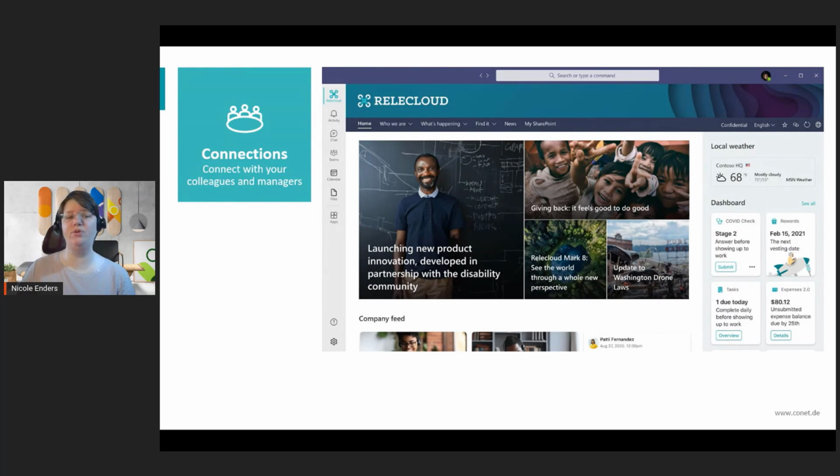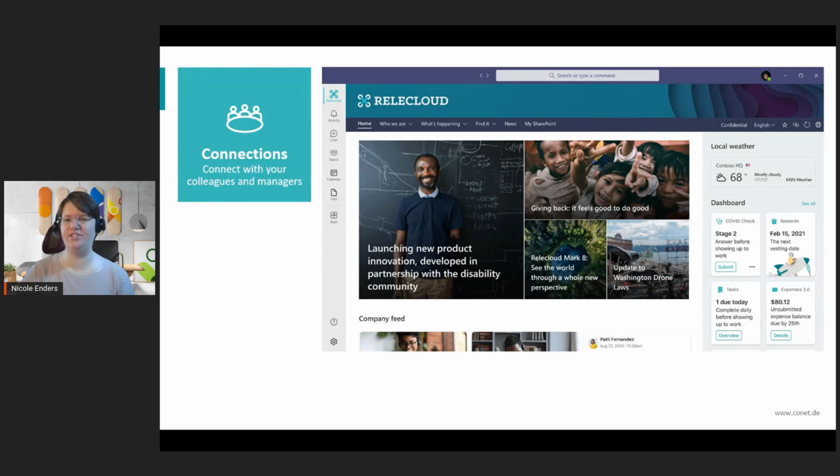But we also have an intranet based on SharePoint. And what I have to do at the moment is open my browser, go to the SharePoint intranet and get my relevant information. For example, some HR news or sales news, what's going on in the company.